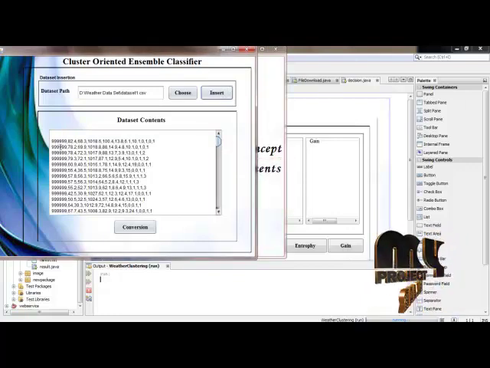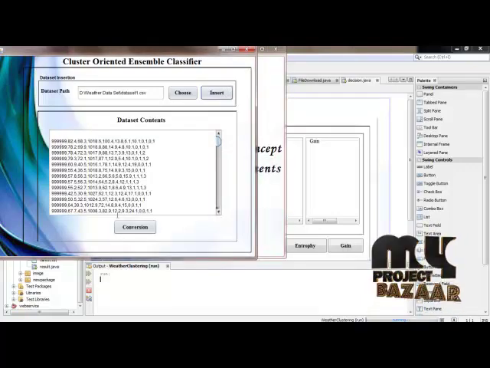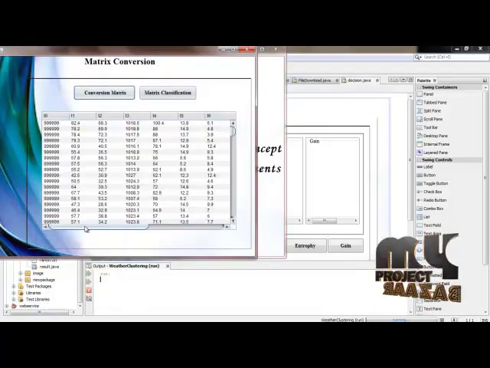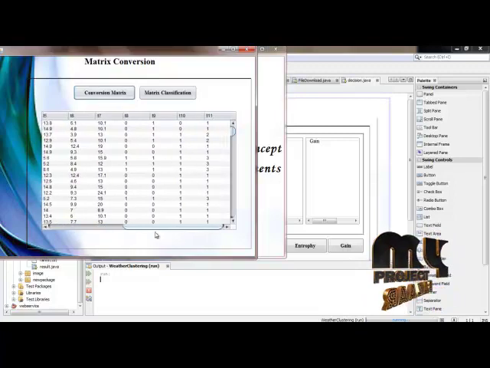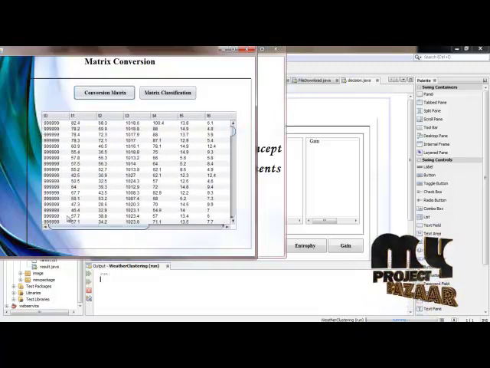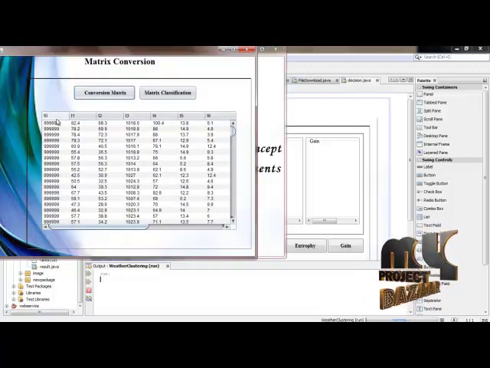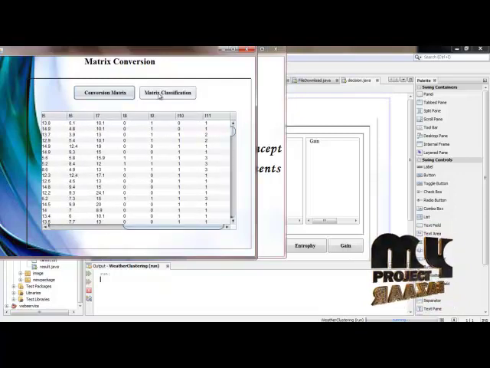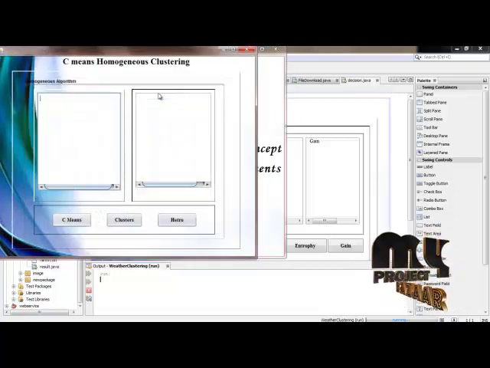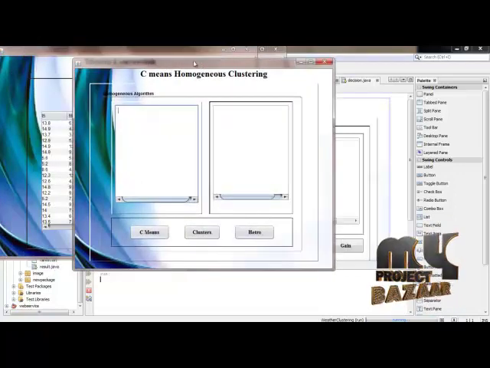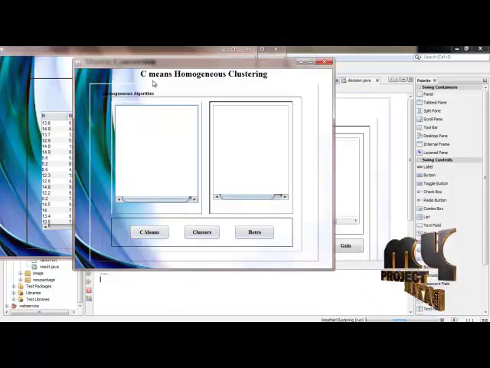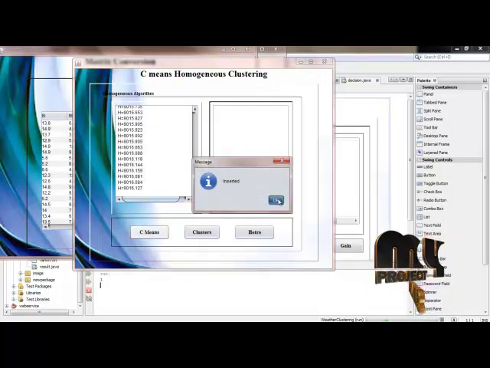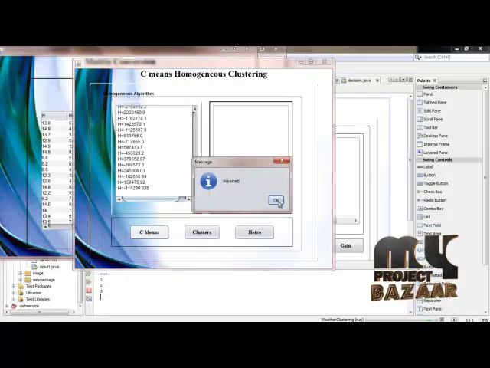Now we have to convert this dataset into the matrix conversion like this. We just classified the matrix into T0 to T11. Finally, these matrix classifications are going to be applied using the C-means homogeneous clustering algorithm. Now I will get the homogeneous values for 3 clustering values